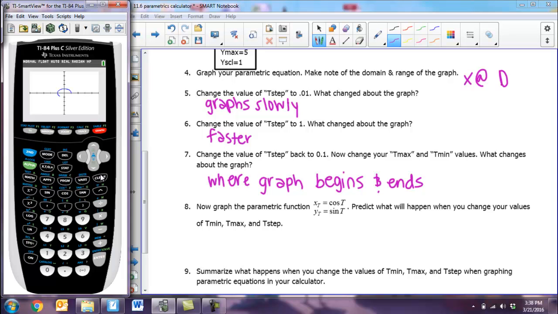So we have my graph, and if you notice, this is a circle. It should be a circle. It's a little bit skewed because of the window here. But if you notice, it only put a part of my circle. So if I go back and I change this and I make this, let's say 10, you're going to see